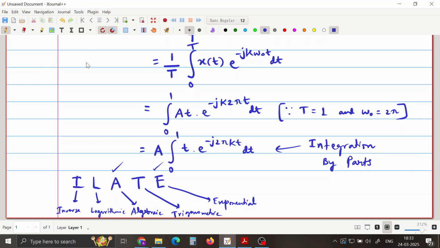And there is a rule also. Suppose you have the integral of uv, and if u is your first function,